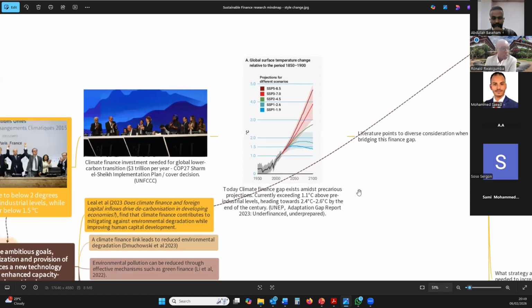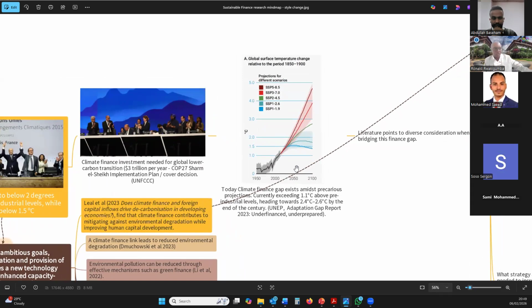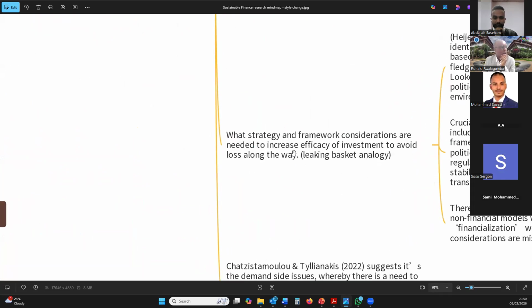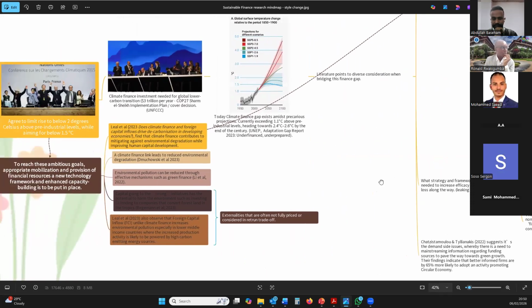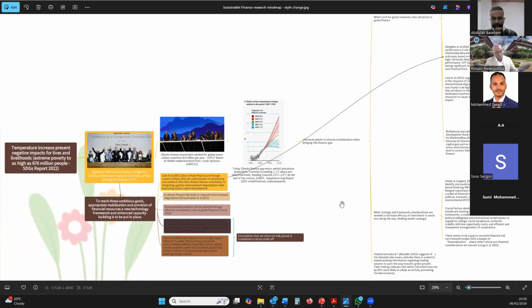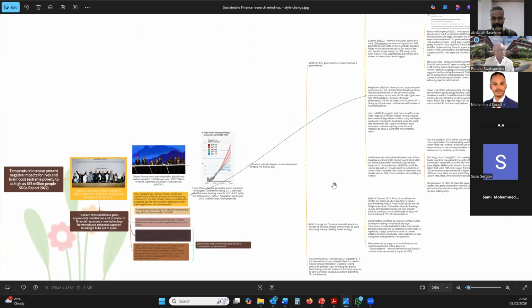So if you really want to connect these pictures, you will eventually ask yourself, how do I stop loopholes? How do I make sure the screen I'm seeing in SBM, telling me SBM is saving so much power, telling me Intel is emitting so much, how can I be sure? And I think that's one example of a direction you could take, where I said, okay, what have researchers found about the efficacy of investments to avoid this issue that some researchers are saying these pictures are not connected? So I hope this gives you an idea of where you can start. It's not the end of everything.